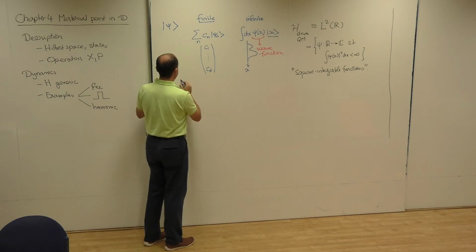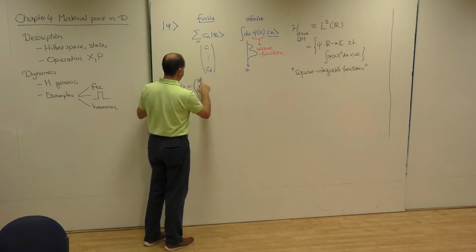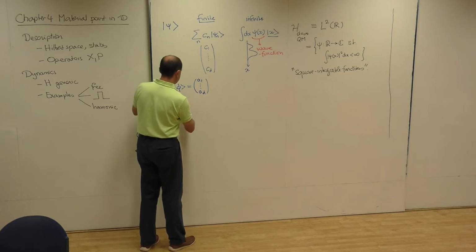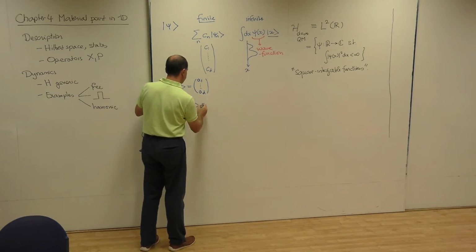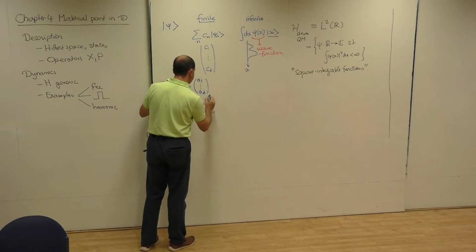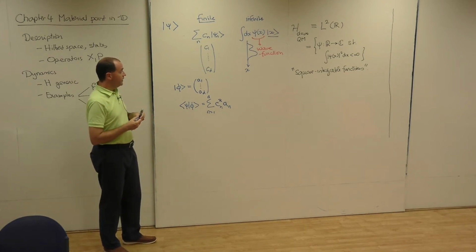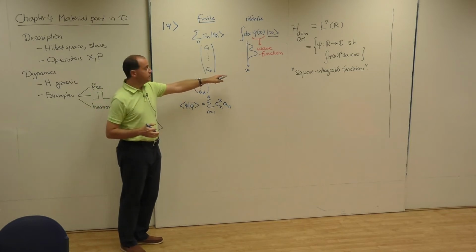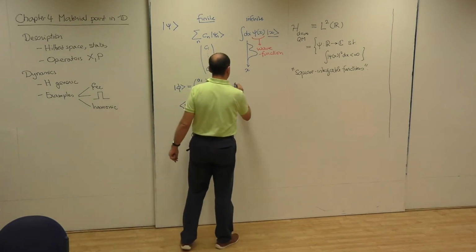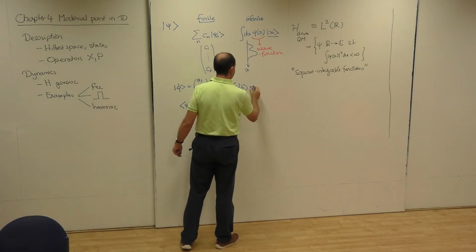and I have another vector phi that is represented by A1 to AD, then the scalar product psi phi will be the sum for n equal 1 to D of Cn star An. Okay? Well, again, here, if I have another function, phi, then the scalar product psi phi will be the integral